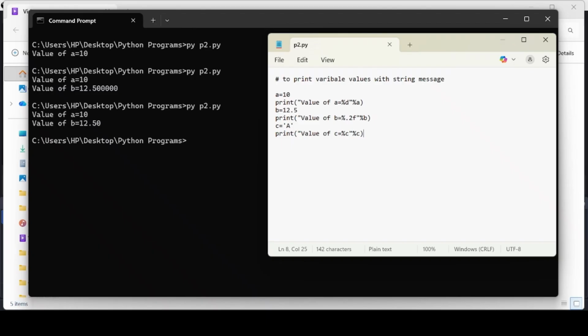Similarly, I can declare a string. For example, d is equal to a string. Suppose my string is vcet, and to display it, print value of d is equal to. Now it is a string, so we mention percent s, and outside of the quotation we mention the variable d. If I save it and run this program,